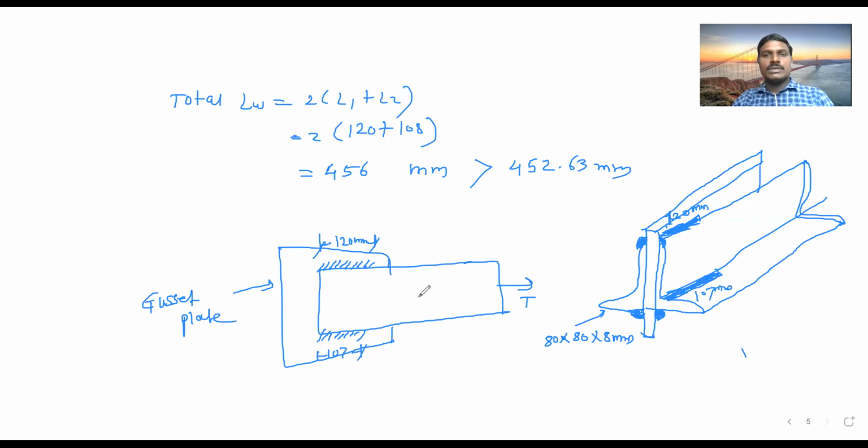Okay, so here is the end of unit number 2. From the next lecture onwards we will see unit number 3, that is tension members. We have covered 2 examples on the horizontal welded connection and 2-3 examples on the load carrying capacity of the welded connection. Okay, got it, everyone? Yes, sir.